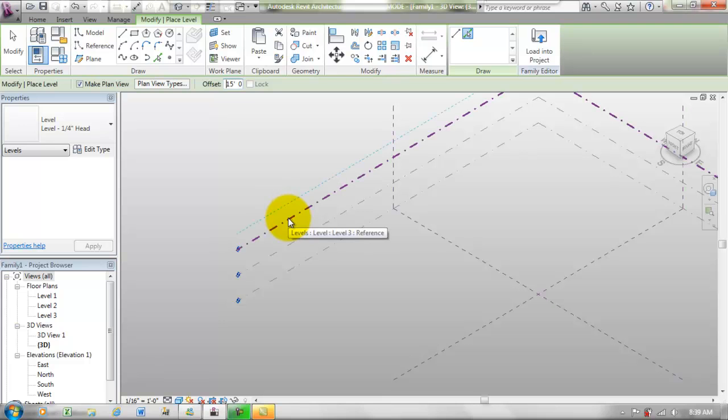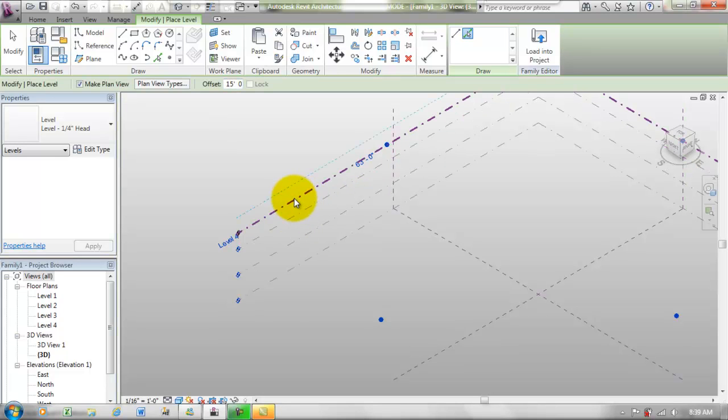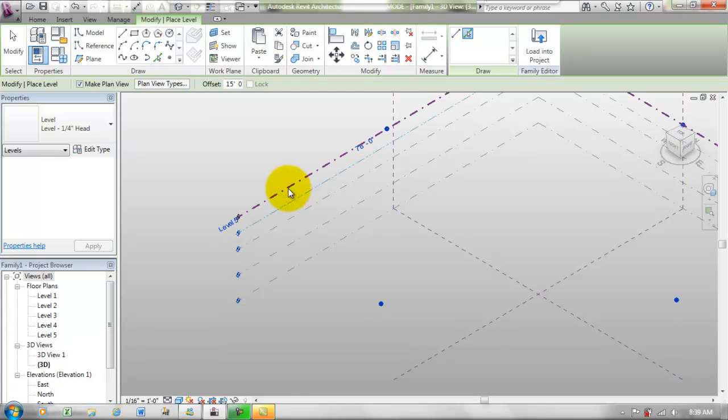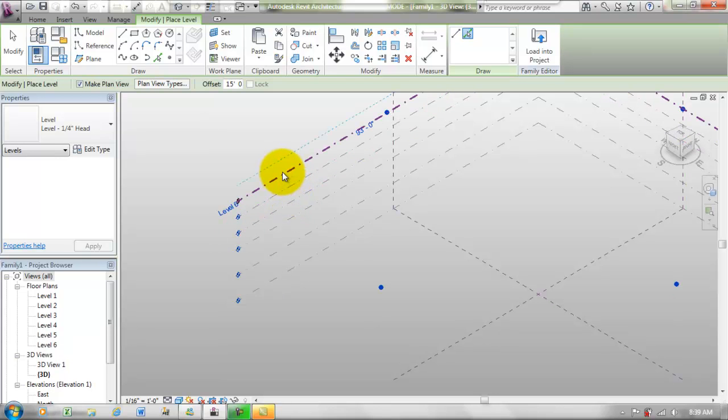Now you have to hover on that line and see that light blue preview of where it's going to place a level. You have to make sure, obviously, that you're going above, so you don't want to throw it back down, or you get confused with what level's what. So if you add a few levels,